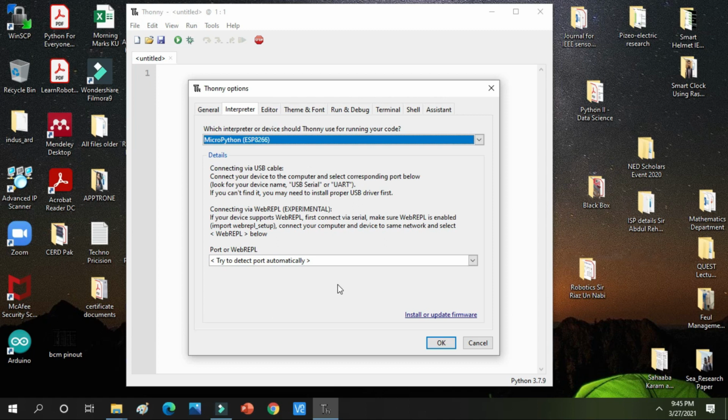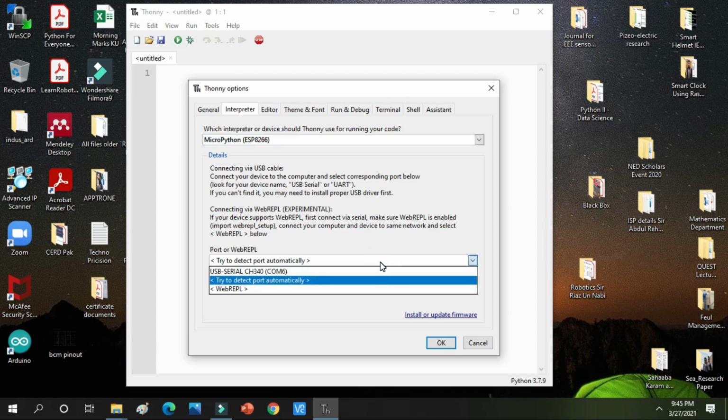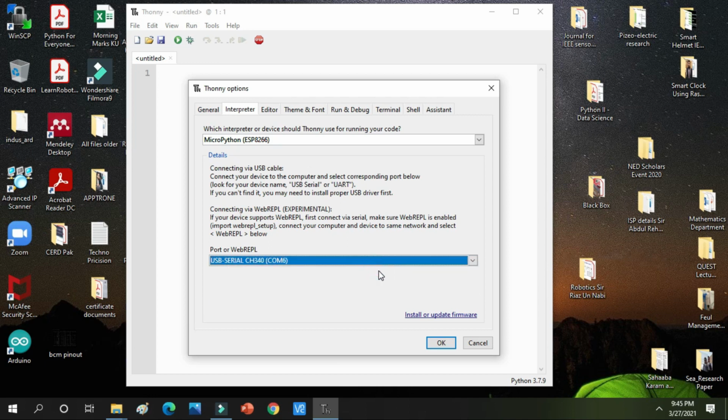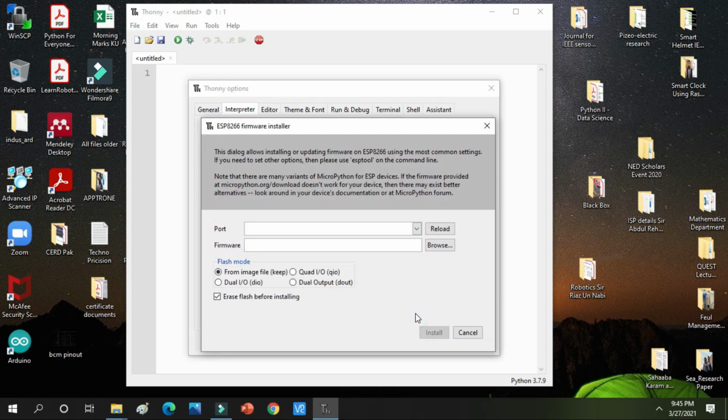And in this port option I will also select the one which is this one, and in the install or update firmware option I will select the port first.